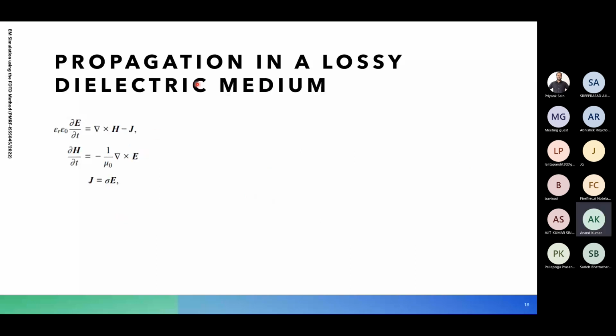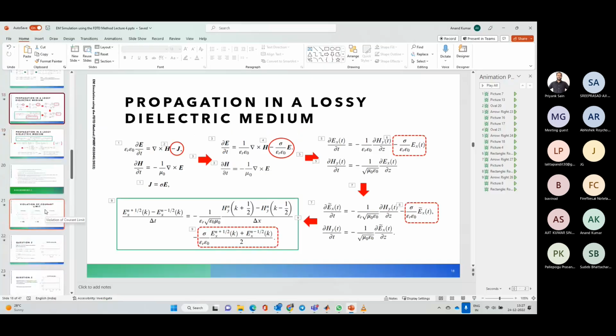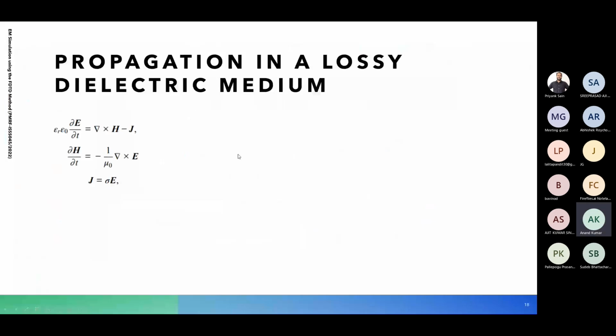And for propagation in a lossy dielectric medium, we had looked at the propagation where we included the current density, which accounted for the losses,